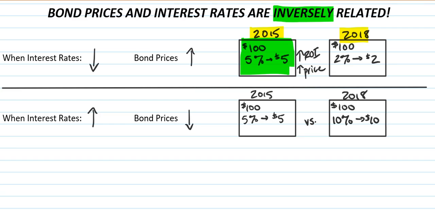So people looking to enter the bond market looking for a fixed income return have the choice between a 2015 bond paying $5 and a 2018 bond paying $10. And of course, most people are going to come this direction. So this higher return on investment is going to lead to, or more accurately, is going to lead to a fall in the price of the 2015 bond, as nobody's going to pay $100 for a $5 return when they can get $100 and a $10 return on newly issued bonds